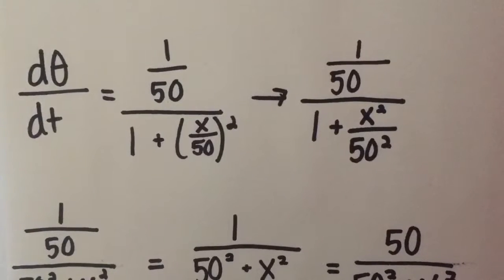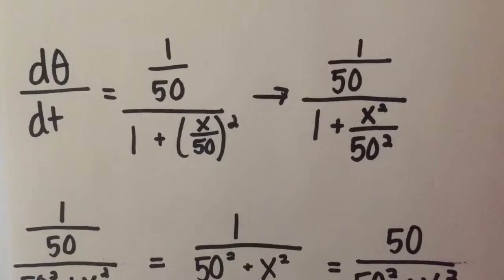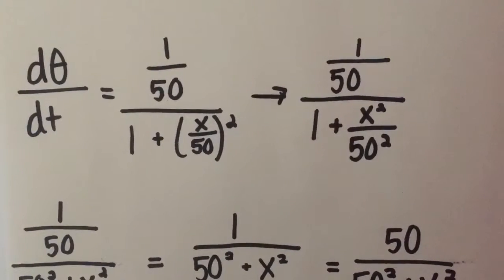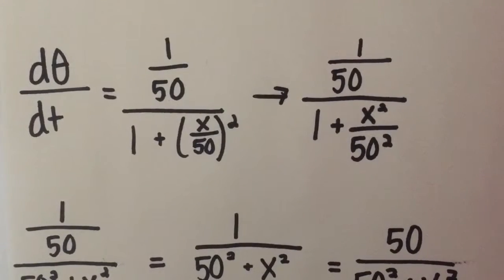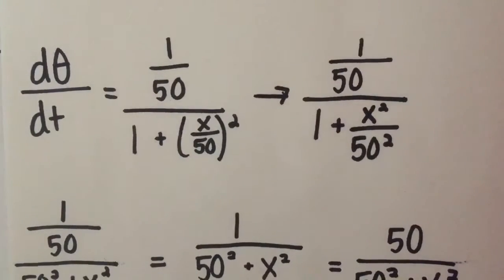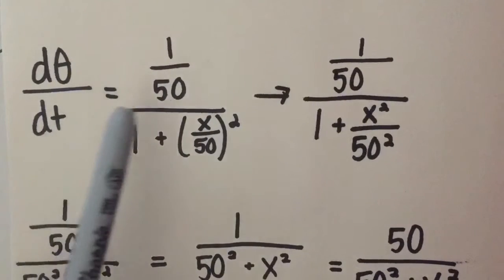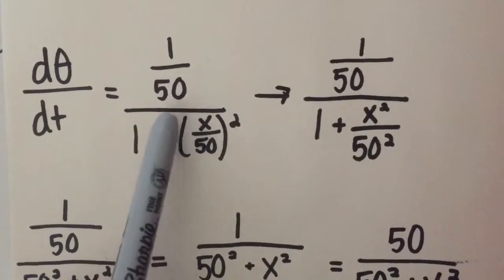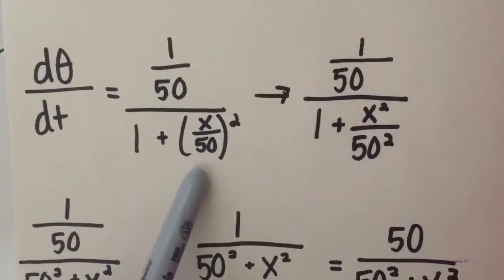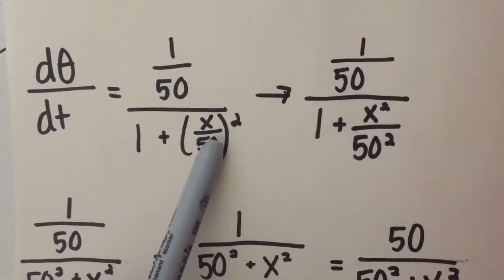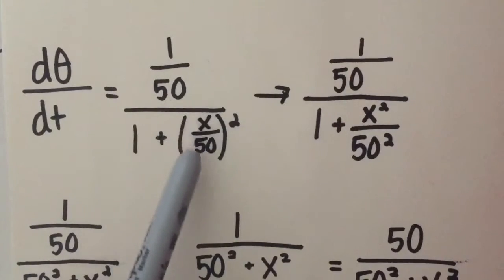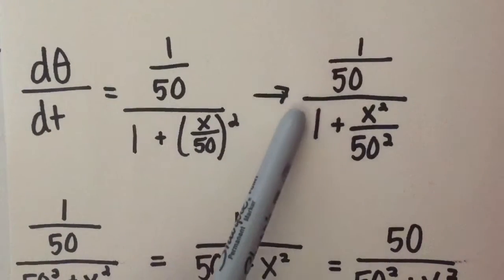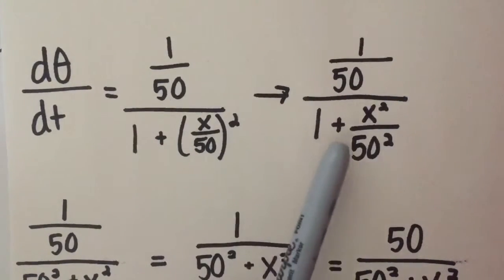Now we take the equation we previously used, which was d theta dt equals u prime over 1 plus u squared times dx dt, and we plug in. D theta dt equals 1 over 50, which we discovered was our u prime, over 1 plus x over 50 squared. Now, you square the top and the bottom, and you get 1 over 50 over 1 plus x